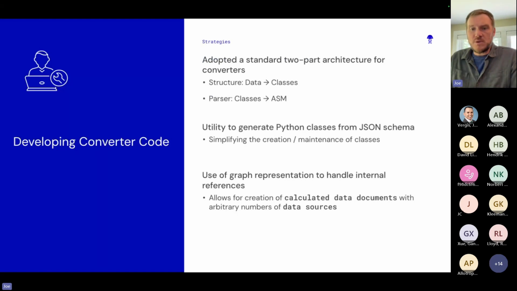The other is a utility that automatically generates the Python classes from the JSON schemas. This makes life a lot easier in terms of how much developers have to write, and when you change a schema, it's much easier to regenerate the classes. And then we use graph representations in the code to help handle cases where there are, or need to be, internal references within the JSON.